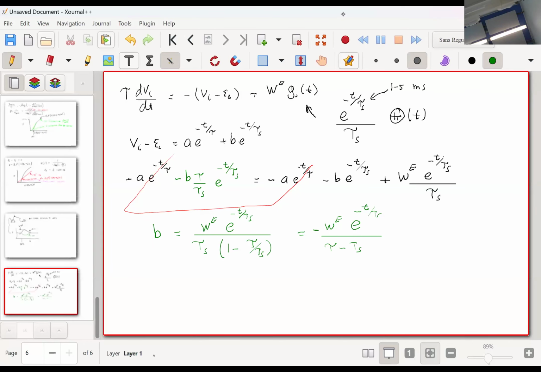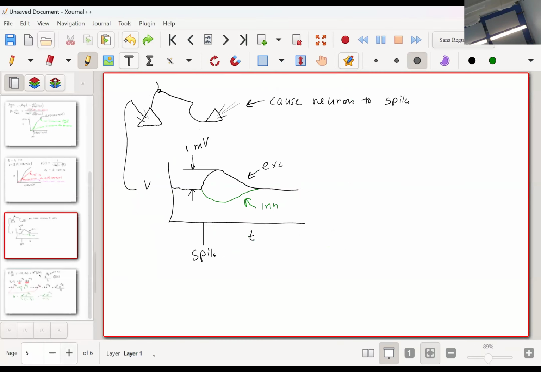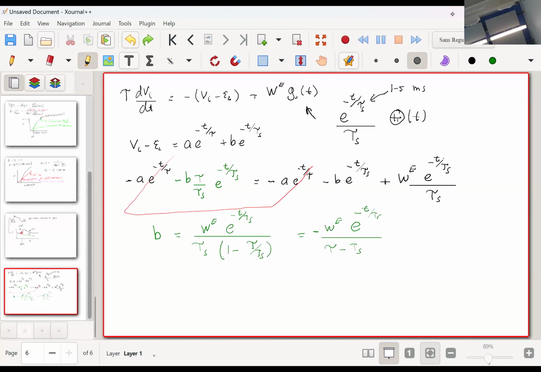Okay. So our solution, remember, was b plus a. So why do we have the a? We have the a because at t equals 0, let's go back to this plot. So at the arrival time of a spike, this time right here, v is actually equal to e leak. So we enforce that, we get v i minus e leak is equal to we